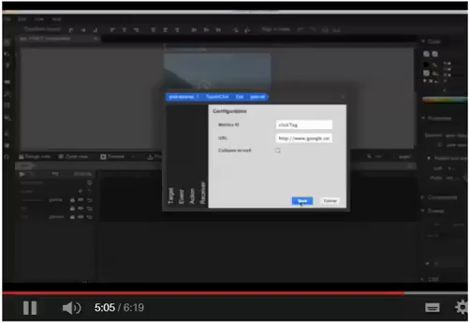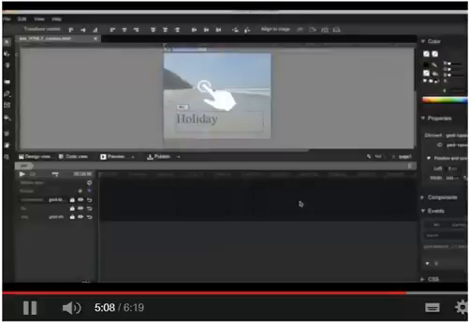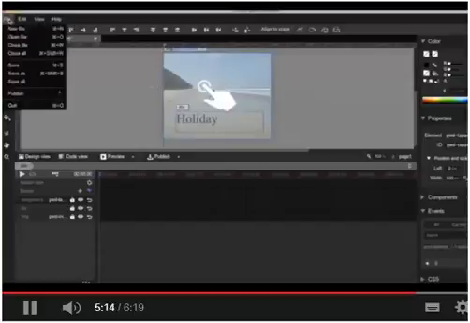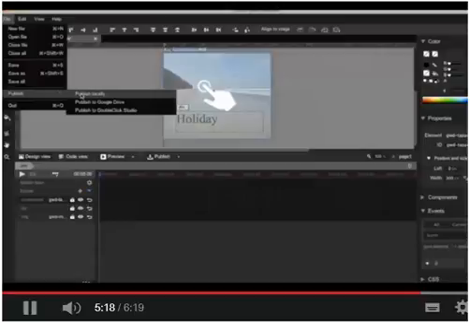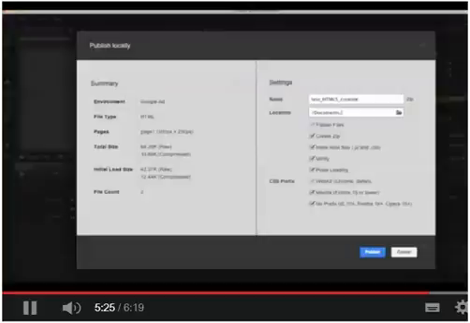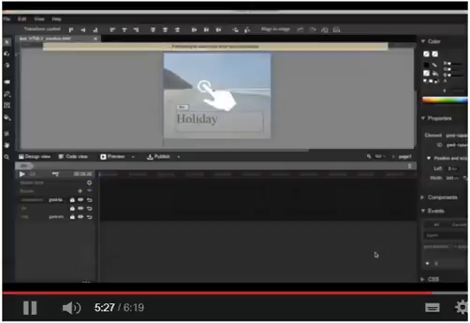Finally, click the Save button. The creative is now ready to be published and imported into DCM. So I'll go to the File menu and select Publish. This will save the HTML5 as a zip file ready for importing into DCM. Now let's open up DCM